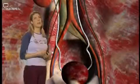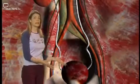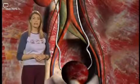The urine trickles down the ureters, or tubes connecting the kidneys to the bladder. As more urine collects, the bladder expands, and at a certain point it's automatically emptied. Luckily, we can learn to override the automatic emptying process. We empty the bladder by the process